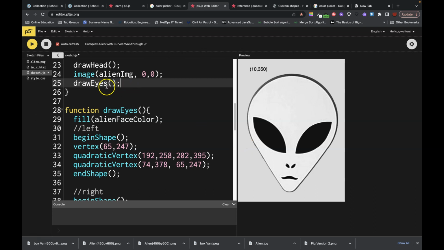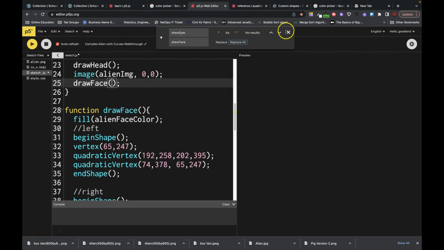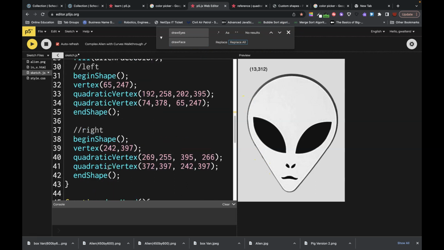Actually, why don't we just put that on top? So we have the draw eyes. Let's just refactor this. So I can highlight this, Control F or Command F. Instead of saying draw eyes, let's just call it draw face. We'll replace all. Okay, now everything's working the same except now